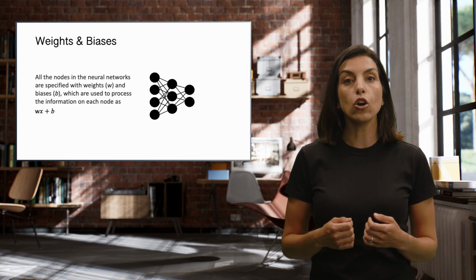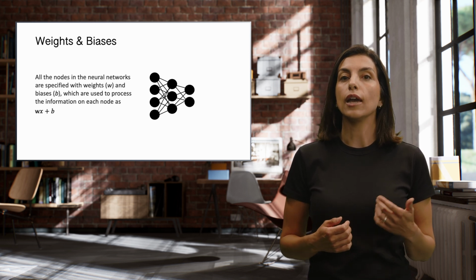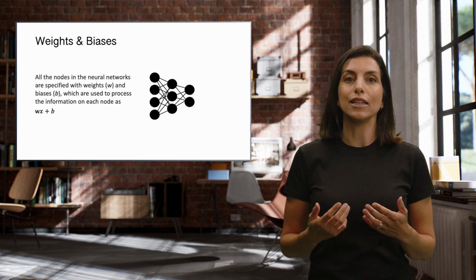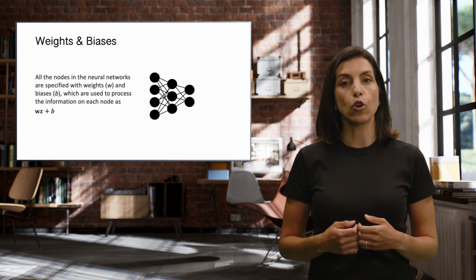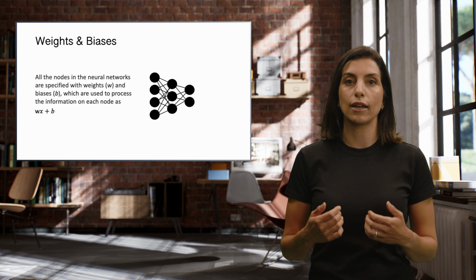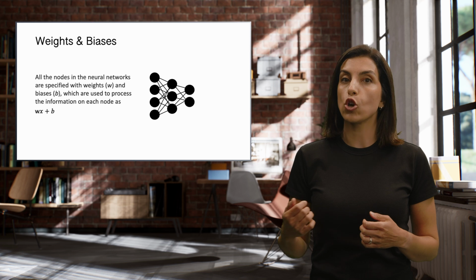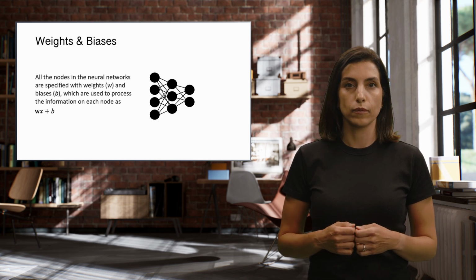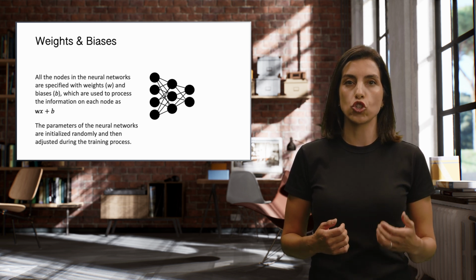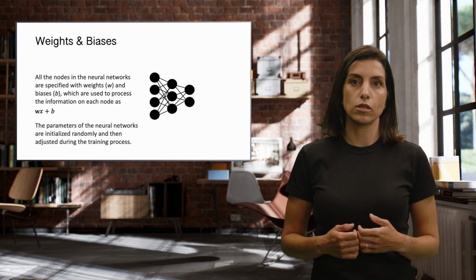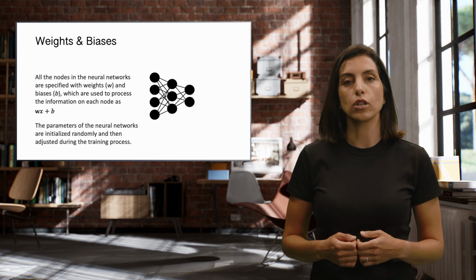The links between the nodes specify which nodes are passing the information to the next layer. In this example, all the nodes in each layer are connected to all the nodes in the other layers, and therefore this network is a fully connected network. Note that each node has its own weight and bias term. During the training process, the parameters of the neural network are adjusted by an optimization process that feeds the data to find the best outcome through the cost function.